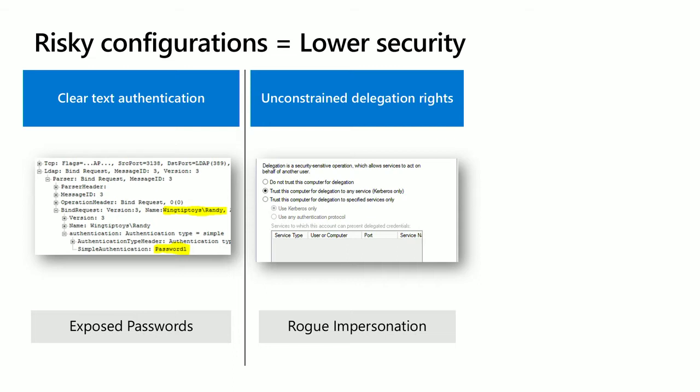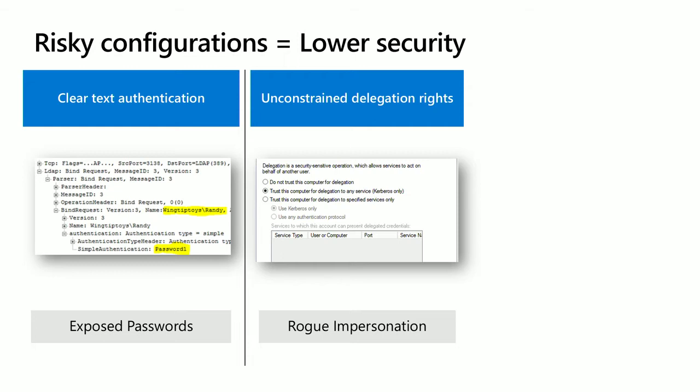Think also about delegation rights. Delegation rights are super important for us to operate our on-prem environment. Many times I would like to have a service, for example, let's say that I have a user working in front of a web front-end interface, and this front-end interface needs to delegate my rights in order to get to the back-end systems, for example, to storage, to do some queries on my behalf. So delegations are good and are important, but there is the least secure type of those delegations